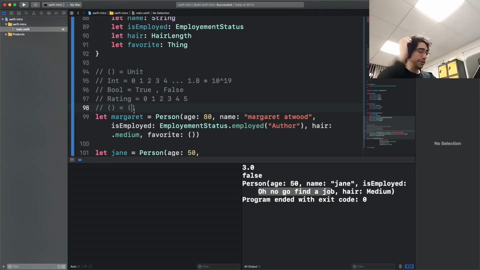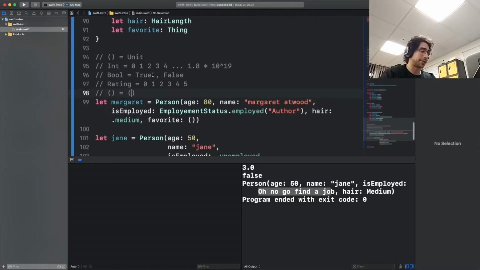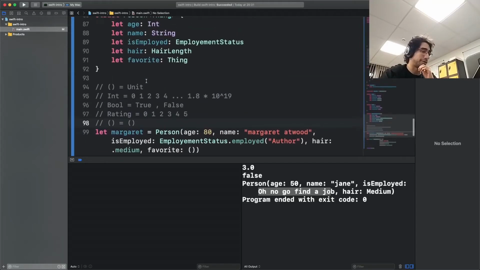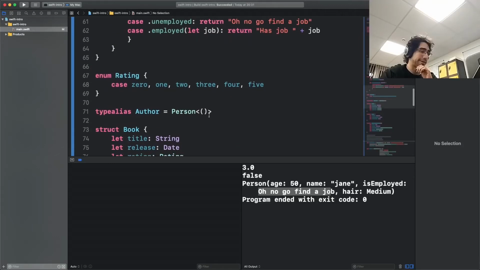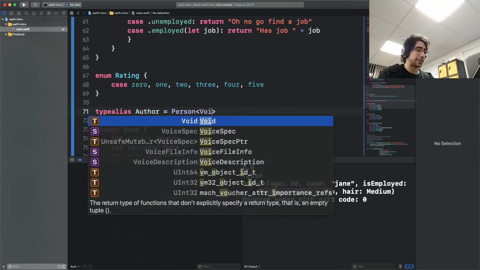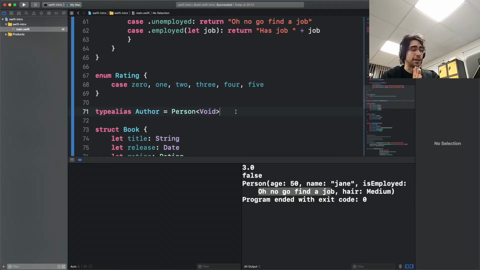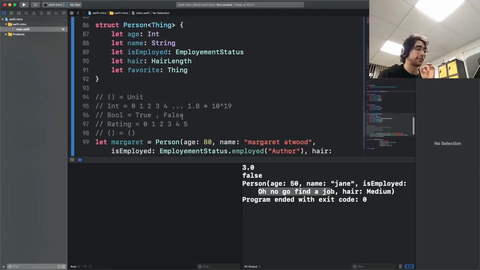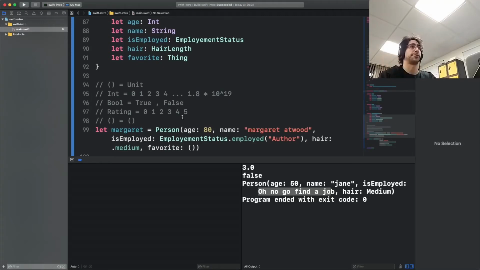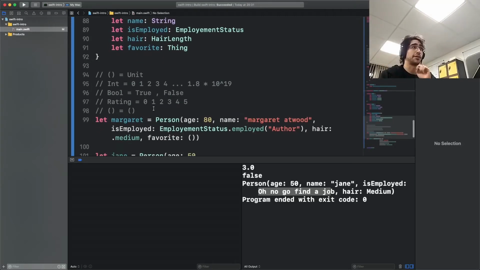Now, if you really paid a lot of attention, you will notice that I tried to trick the system. So here we said an author is a person that has no favorite thing. Before that I said an author is a person that has void as a favorite thing. And void is really important as well. Void is the type that has no value. And I changed it because